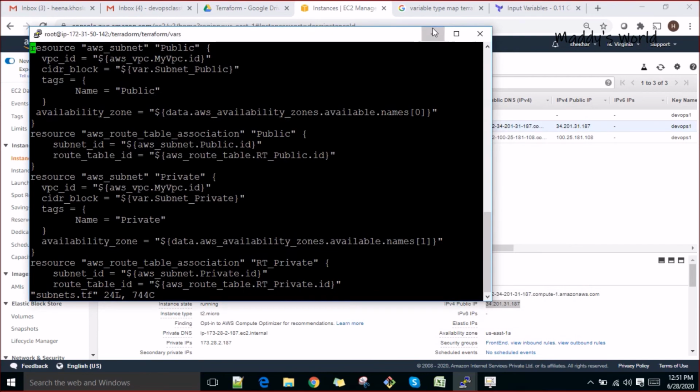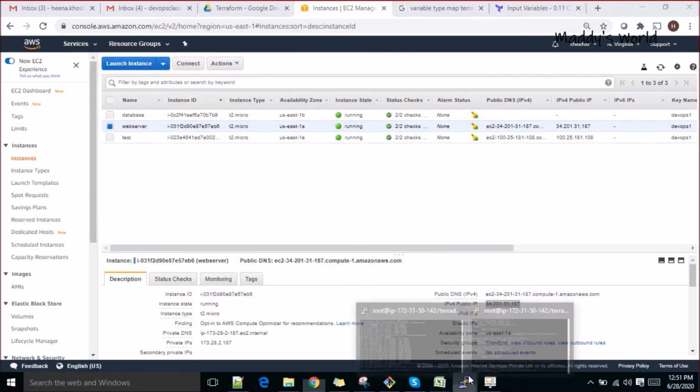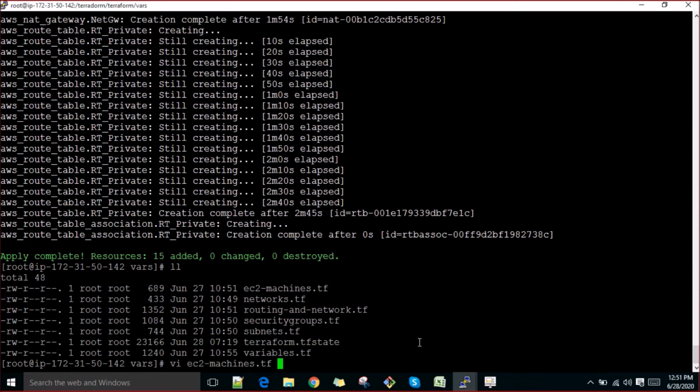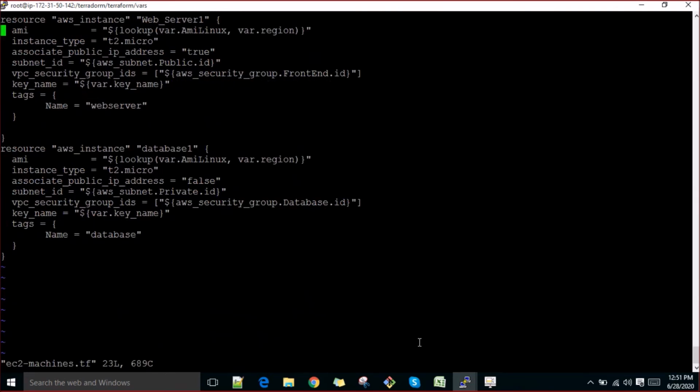Even now, if you want to terminate the things that you don't need, or if you want to modify or update something, go ahead and quickly do it. Let's say you are looking to update some tags on the EC2 instances, you don't like them, and the tag you will call web server 1.